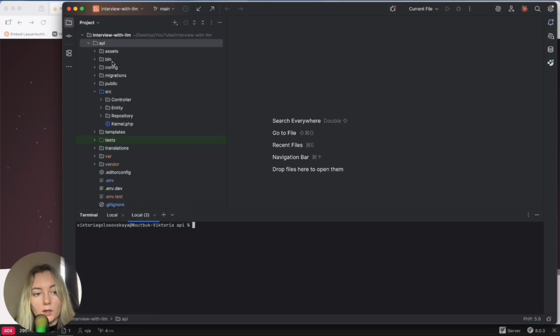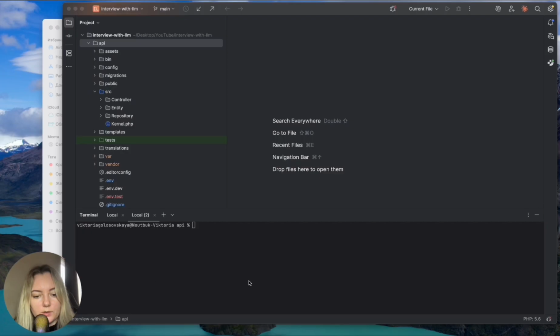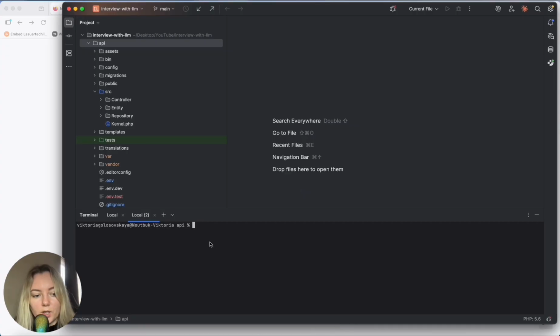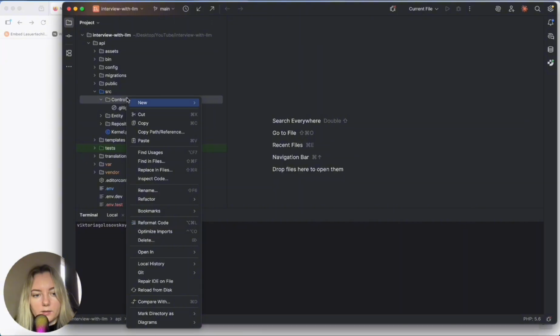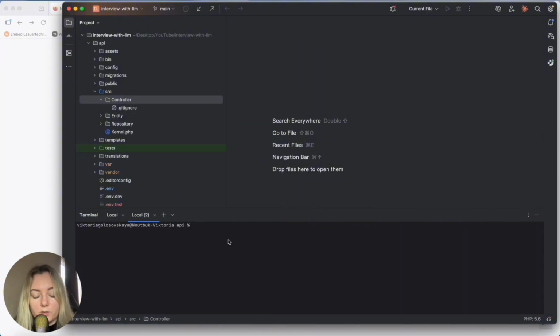We can create it. I will close it. Okay, we can create a command in two ways: go to the controller folder and use new controller, or we can go to the terminal and write php bin/console